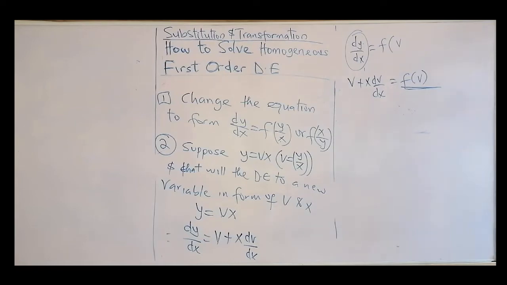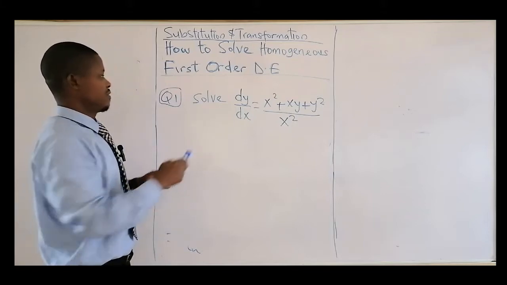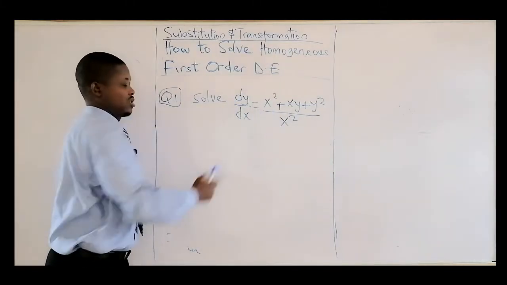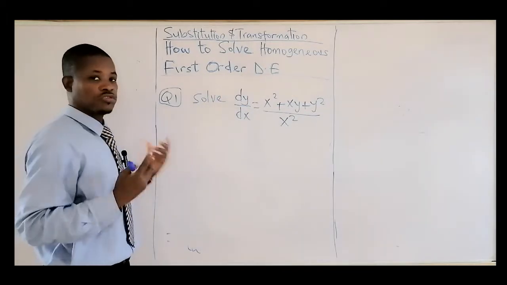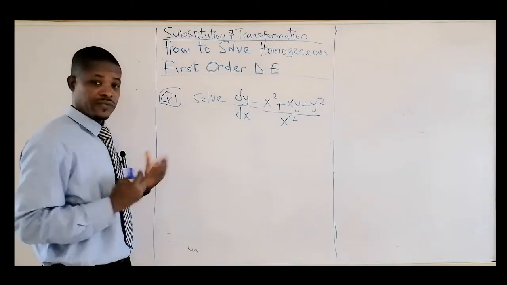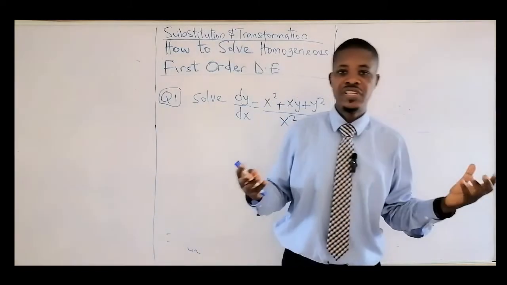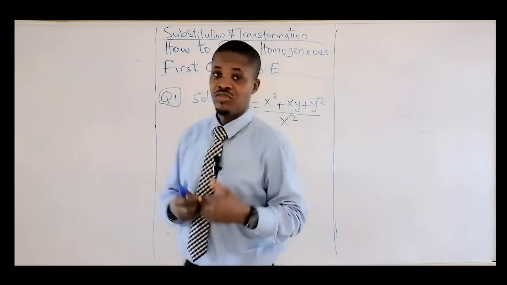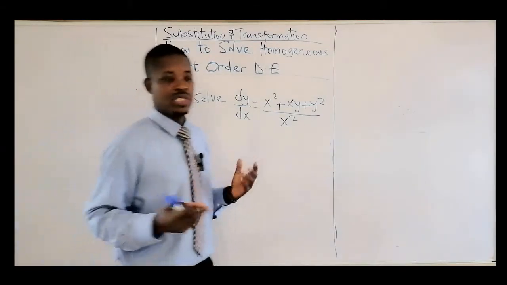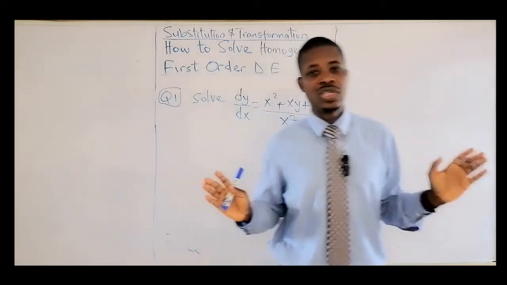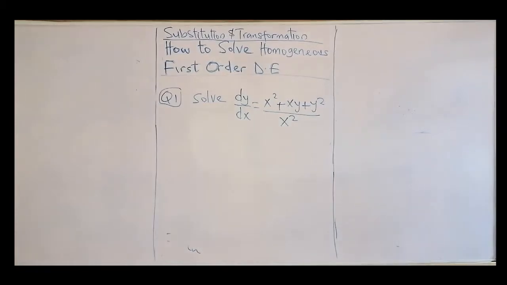So that's that. Let's go to question solving. We have this: solve the first order differential equation equal to this. And what I skipped to mention on how to solve a homogeneous first order differential equation is that after you have changed the variable to the form of v and x, the next thing is to use the method in first order differential equation, which is separation of variable. Then you integrate. Let's take this one straight away.